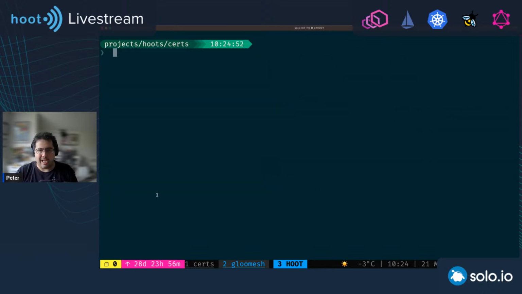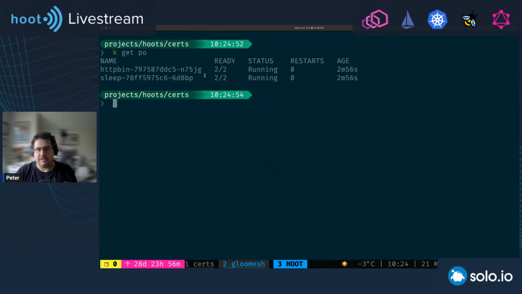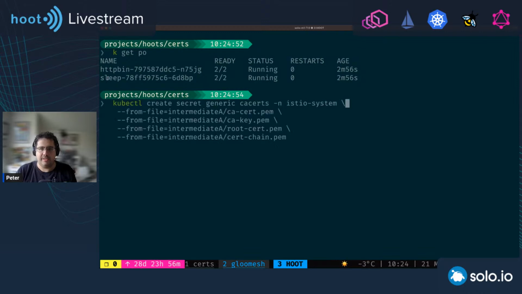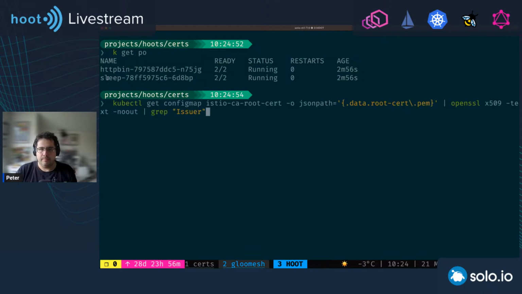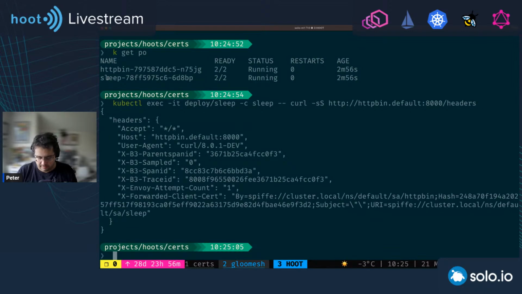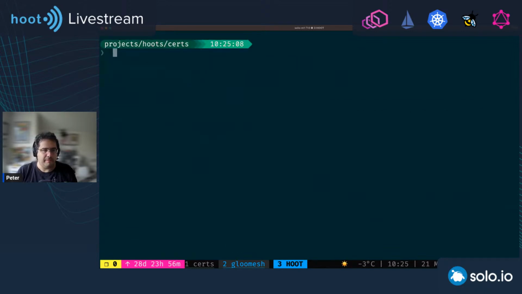So what happens now? These two workloads are still using those previous certs. So if I would try to make a request, this would still work, right? There's not going to be any issues here because they're still using the same certificates rooted from the same root. However, if I